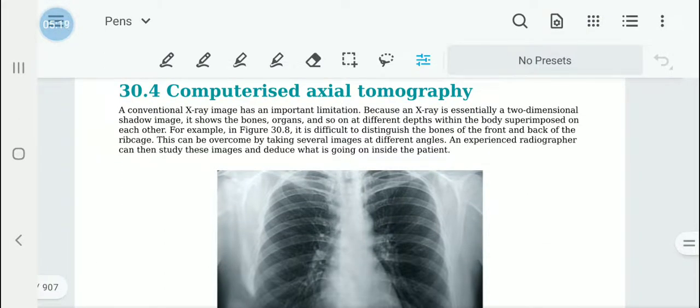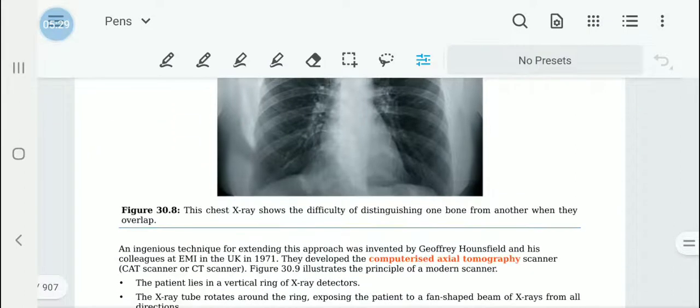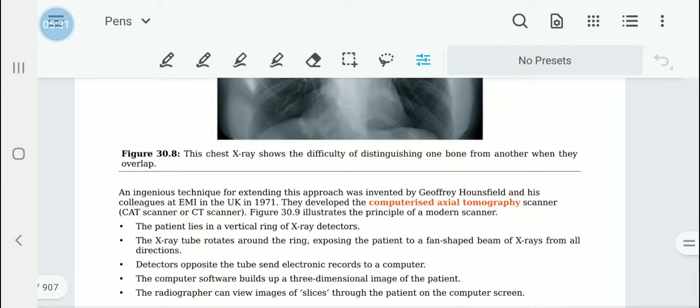To overcome the limitations of X-ray, which gives only a 2D shadow image, the CAT scanner has been developed where a patient who lies on a horizontal bed